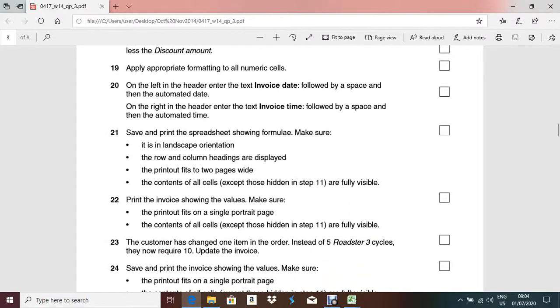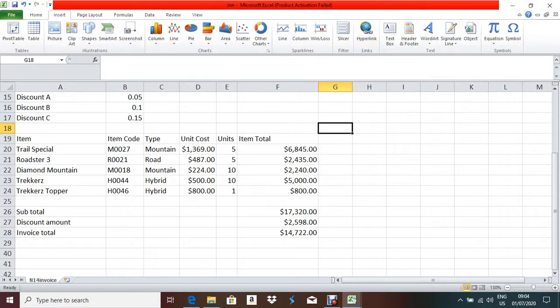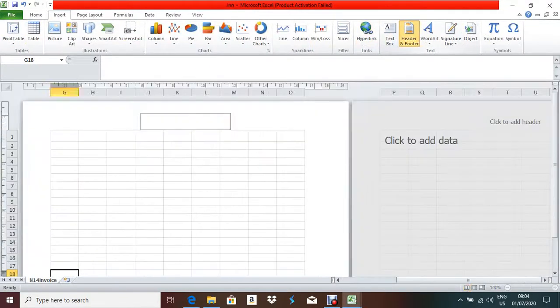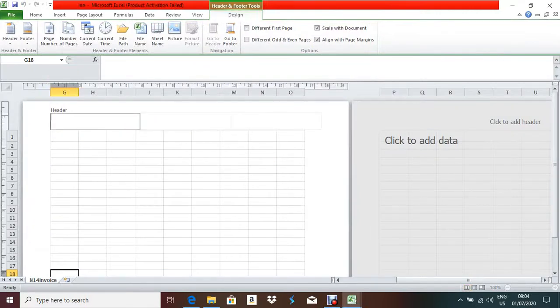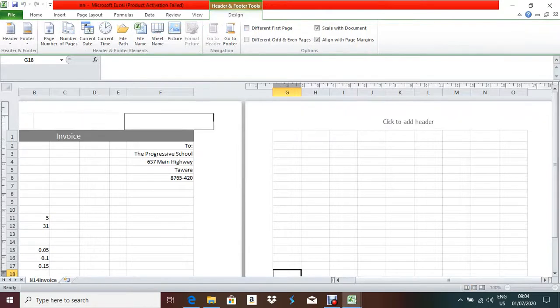Question number 20. On the left in the header, enter the text invoice date followed by a space and then automated date. So left in the header. So what you have to do, click on insert, click on header. So left side of the header. Now see, it is showing in 2 pages.